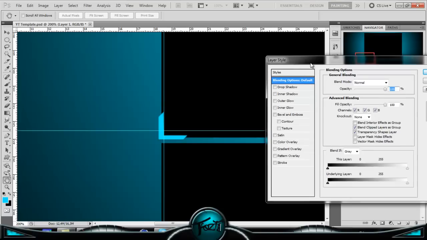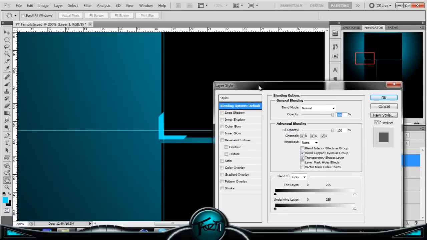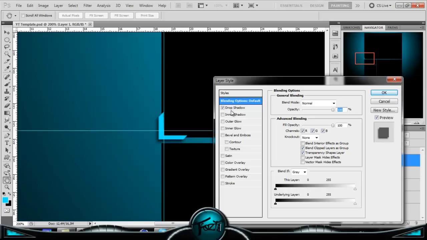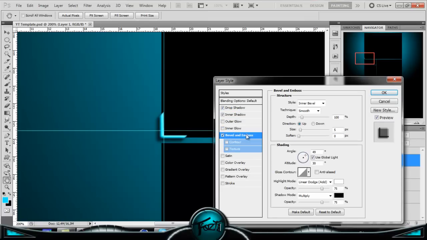Double click so you go to the blending options of the layer you just created, and then press drop shadow. You don't have to mess around with that. You could just keep it like it is. Maybe drag distance in if you want to, maybe at 4 or something. Then click inner shadow, drag distance to 0, and also add bevel and emboss. Maximize the depth